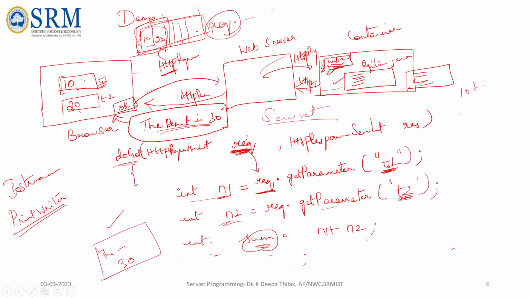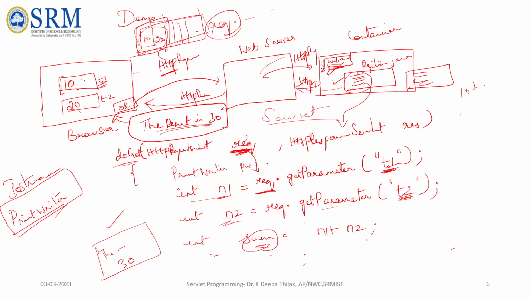So for that I need to transmit the data from this machine, this container. This is the code I have written, whatever content is to be here. I need to transmit the data to the client side. For that we will be creating stream classes. Many stream classes are there, and the most suitable stream class is PrintWriter. So I create one object, PrintWriter